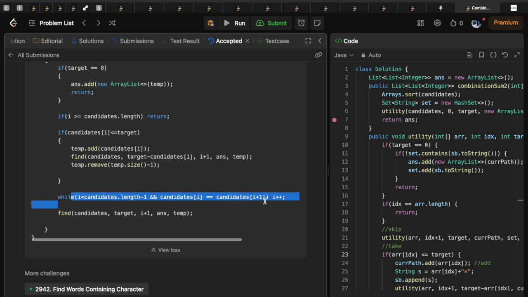So this is also ensuring that duplicate elements don't